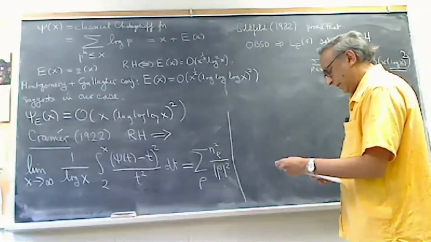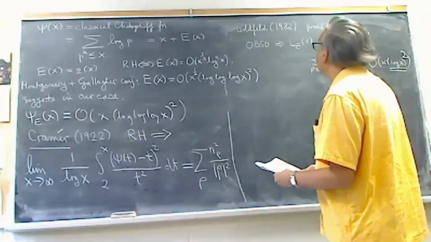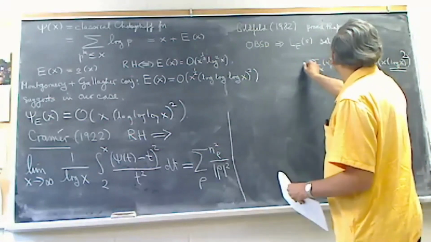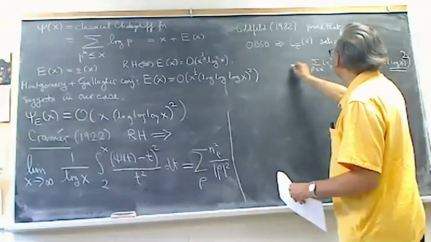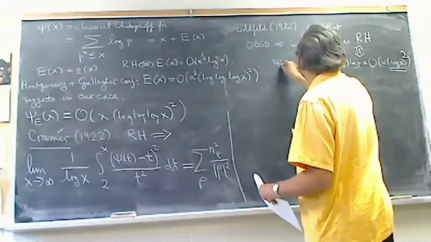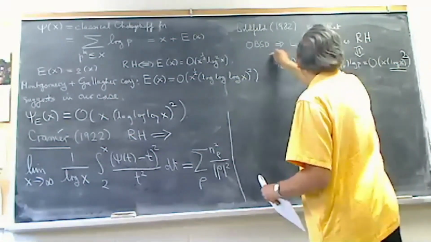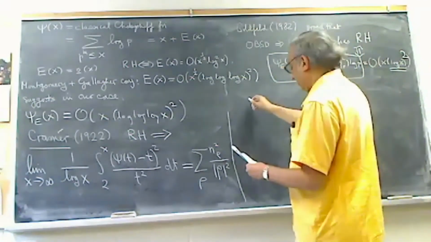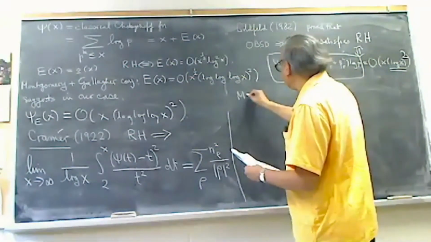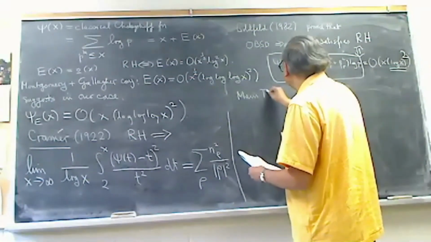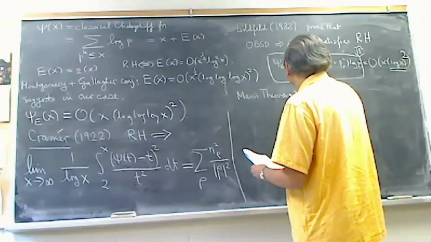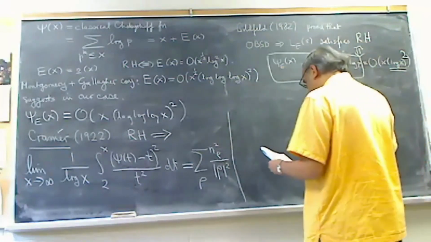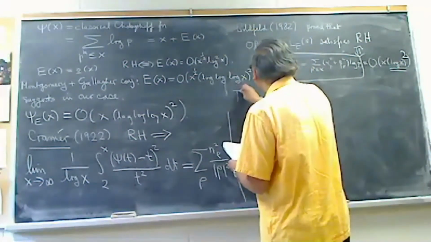What does it turn out to be? Where did I put this thing? I did call this psi. I call this psi sub e of x. This is psi sub e of x. This is what we're after. So our main theorem, but this is not the main theorem, sorry. This is a step toward theorem 1,